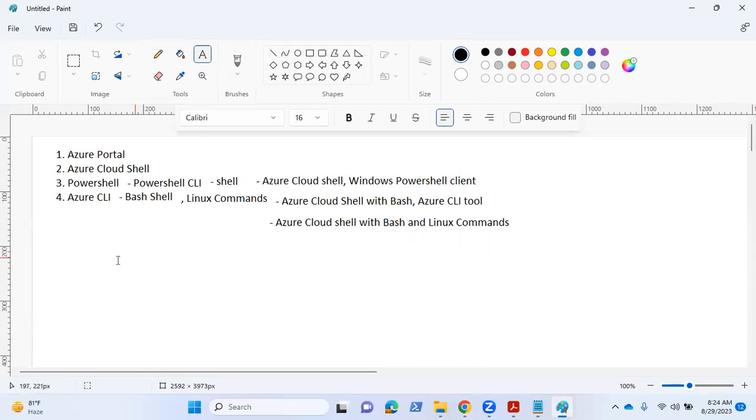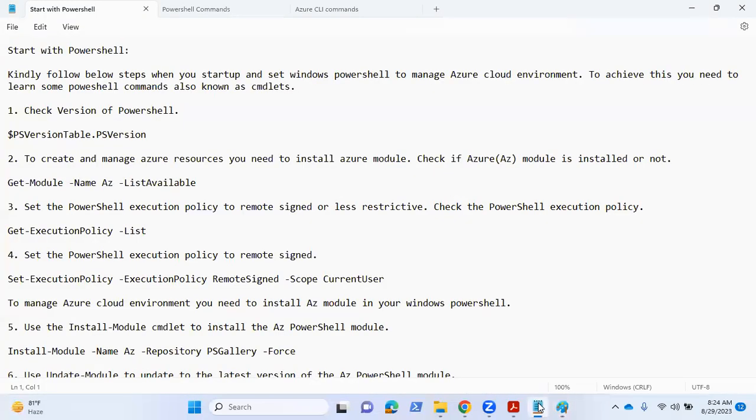Now we'll see the first exercise. So first, just quickly see these 4 or 5 steps which we have seen yesterday. When you start with PowerShell, you have to set up that PowerShell. And to achieve this, you need to learn some PowerShell commands. So now when we start with PowerShell,